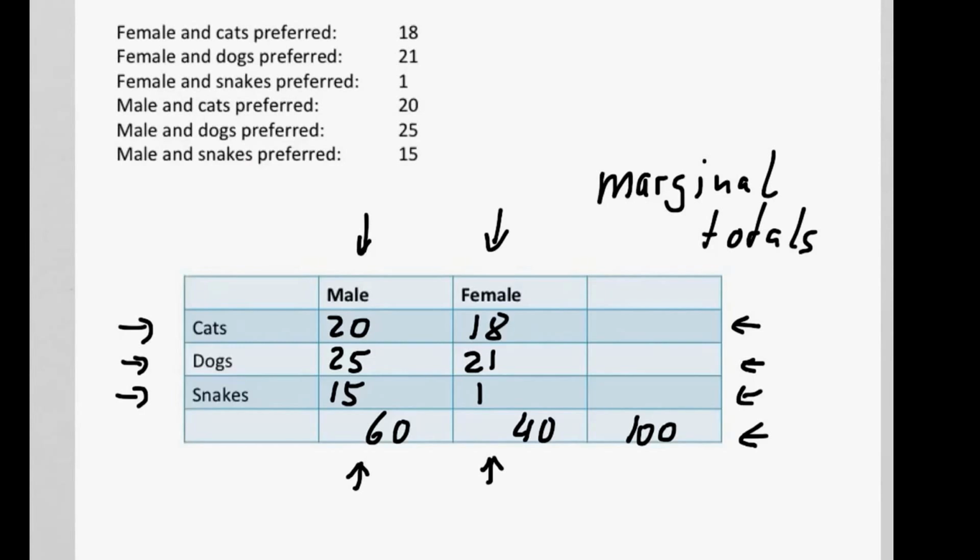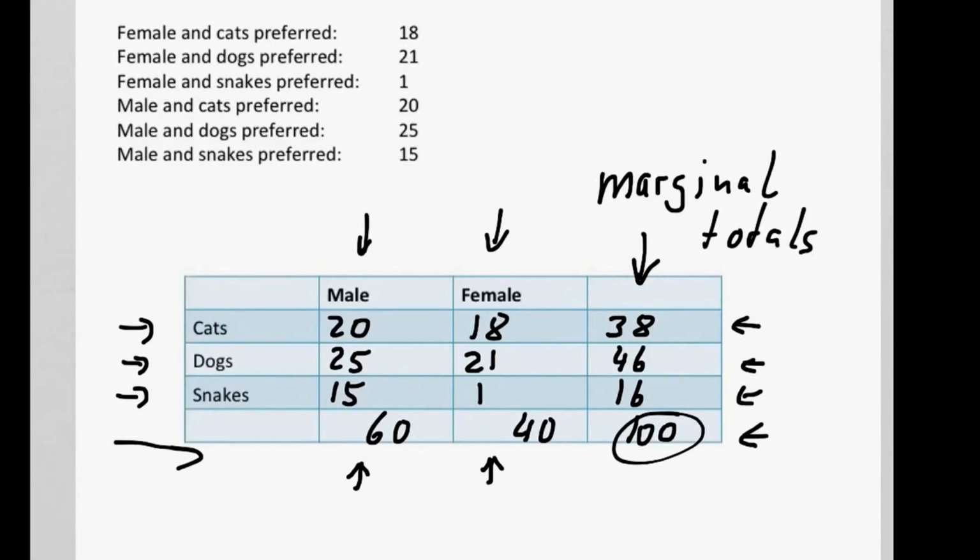Now we can also do the marginal totals for the different rows. So the cat lovers are 20 and 18, so that is 38. Dog lovers, they are 25 plus 21, so that is 46. And 15 add 1, so that is 16. And when we calculate again 38, 46 and 16, this gives us again 100. So we can do a cross check if you like. The marginal column totals and the marginal row totals must give the whole 100